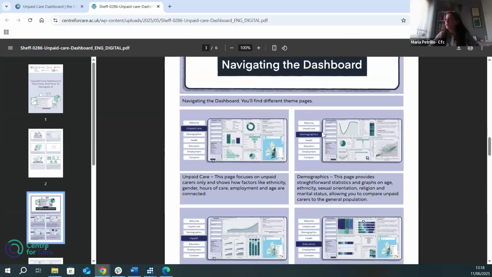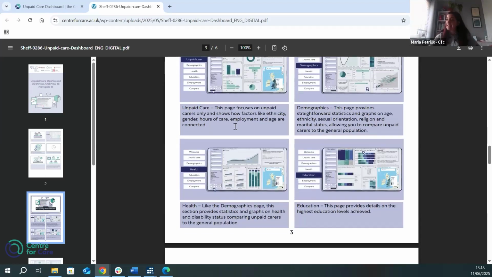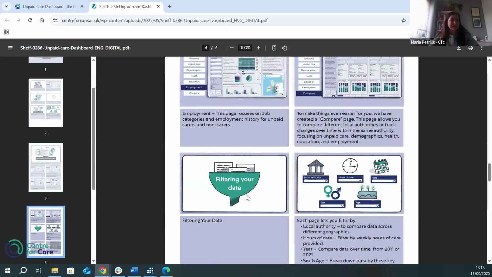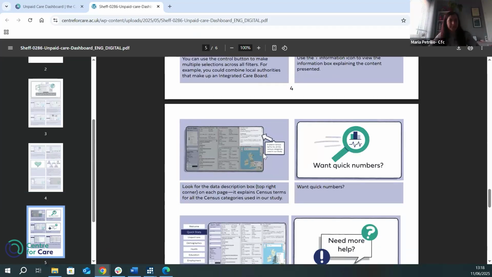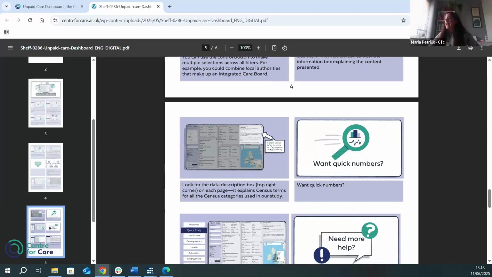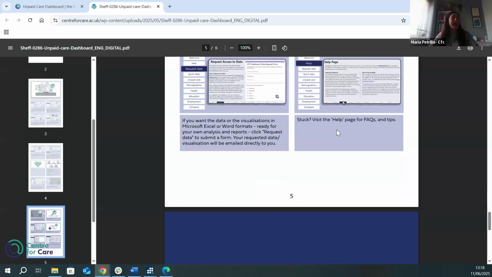There will be some screenshots of the dashboard here, an explanation of every single page you're going to see, how to filter your data, instructions on how to select different filters, what an icon is, an explanation box, where you can find information about the data that we are providing, and if you need help, what to do, if you want quick numbers, what to do, and so on. I'm going to explain this all in just a second.